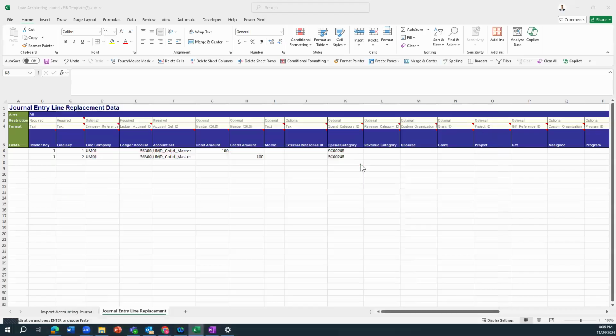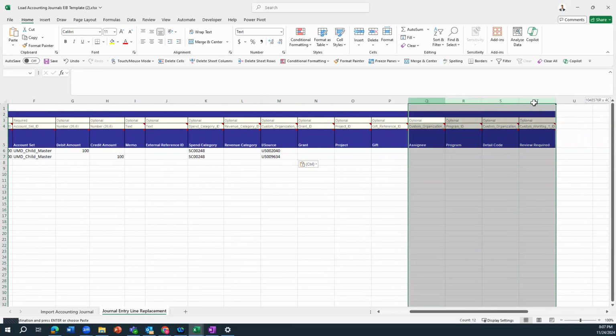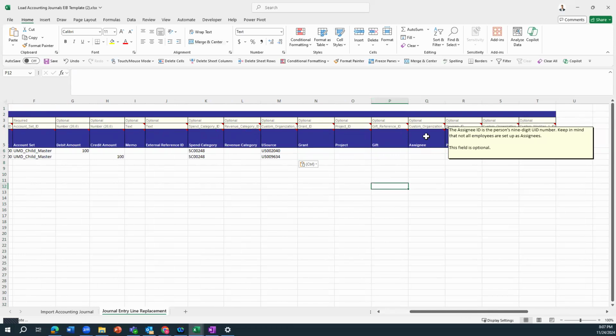So I'm going to take that and enter it into the USource for the first line. And then I'll do those same steps for the second line. And it gets me US009634. So the rest of the columns after the driver work tags are optional work tags. I'm going to leave these blank again, but these are optional. You can add one in, and once again, you can hover over the fields for a better description on one